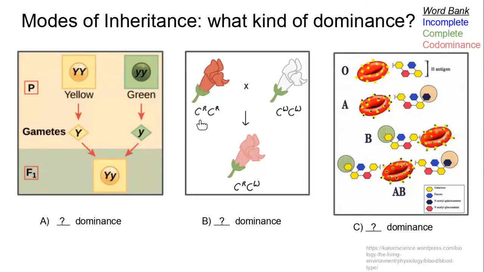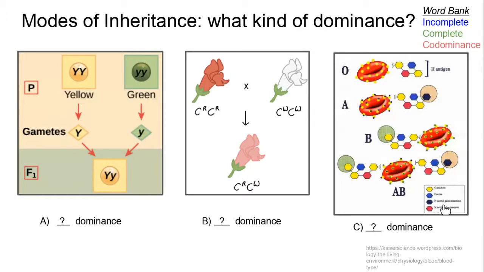So what's the mode of inheritance for C? Let's look at it first. Here you have some red blood cell, which has this H antigen on the surface, right? And then you have here a type A blood, so it has this extra thing on top. So what the extra thing is, written here,